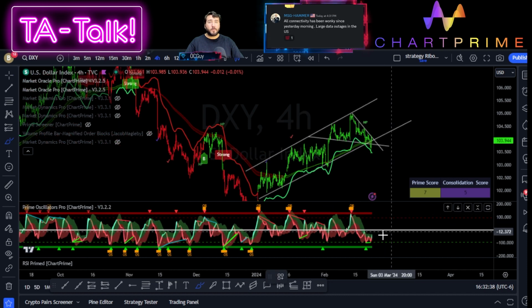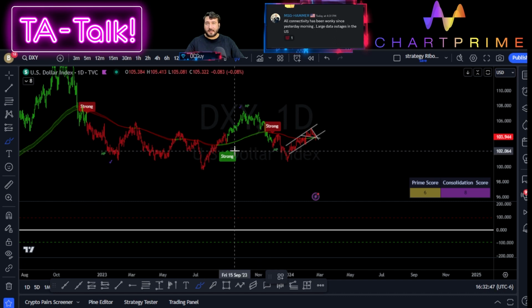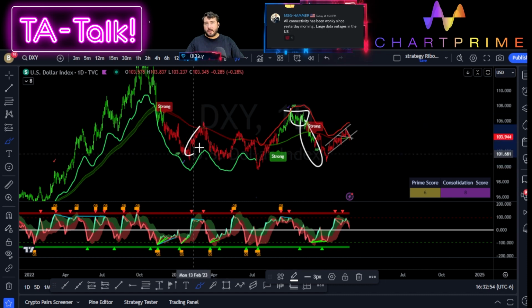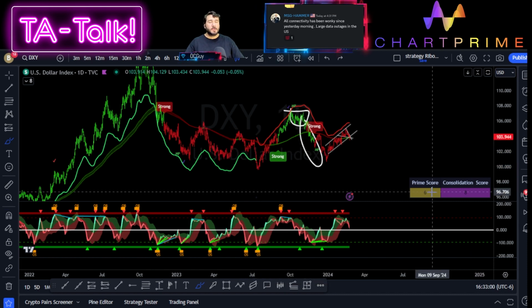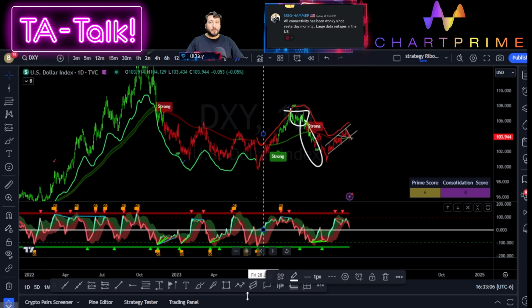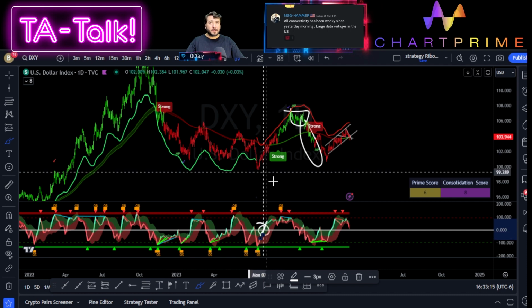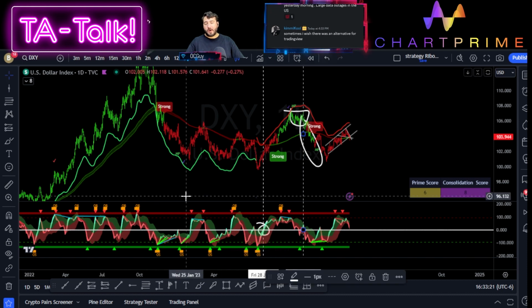Another very important thing, let me show you here, and I'm going to go to daily to make things a little bit more obvious. All right, so we can cleanly and clearly see uptrend, range, downtrend, uptrend, downtrend, uptrend, downtrend, so on and so forth. Let me show you something special here, and for that I'm going to grab this tool. As we break above, and I'm talking about the oscillator right here, as we break above the zero line right here, what happened till we broke below right there? What happened to the price action, guys?